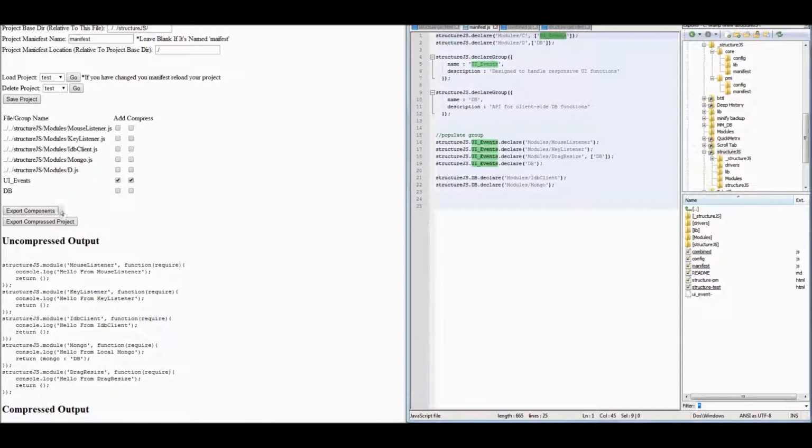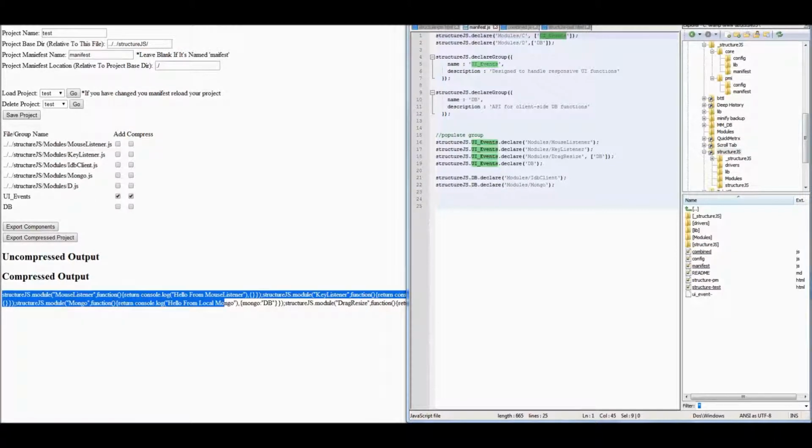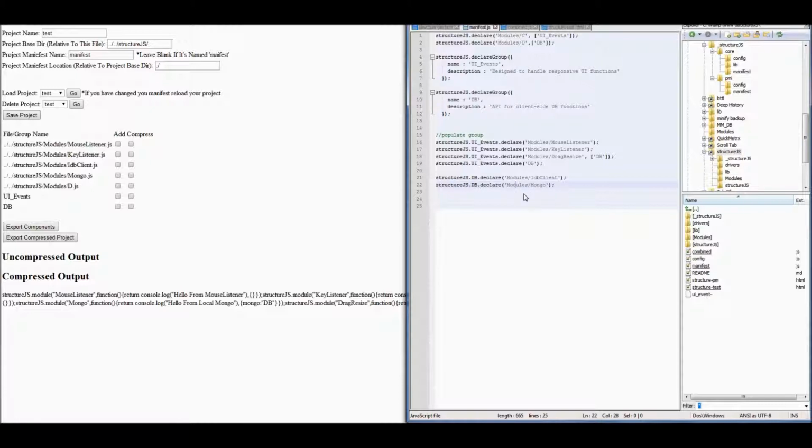And also you can have it compressed, right? So again, grouping is one of those things that I think is a unique aspect of structure.js that allows you to really provide a nice structure, but also a fluid structure, because the group components can change as long as they're in this soft group format where I'm declaring them in my manifest. I can actually change how the dependency chain is structured. I can swap out files and/or modules. So grouping can be a really powerful